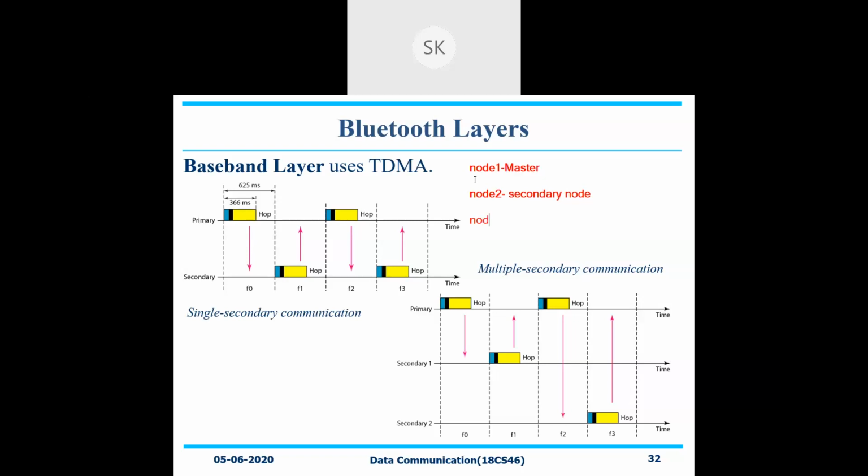Similarly, I may have node 3, which is the secondary node itself. Suppose your master node will be connected with respect to your secondary node, that is node 2. Your master can communicate with respect to your node 1 as well as node 2. Before finishing the task, node 2 should finish off the entire particular task. Once it is finished, then only you can go with the communication with respect to the secondary node, node 3. Otherwise, you need to keep on waiting until it finishes the job.